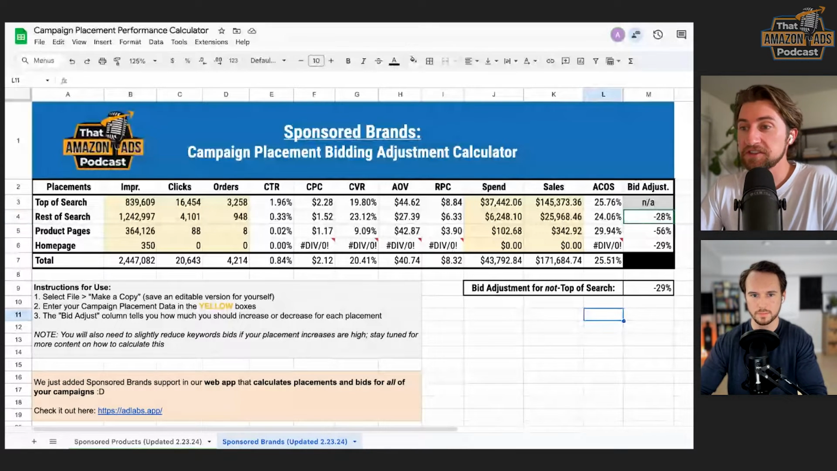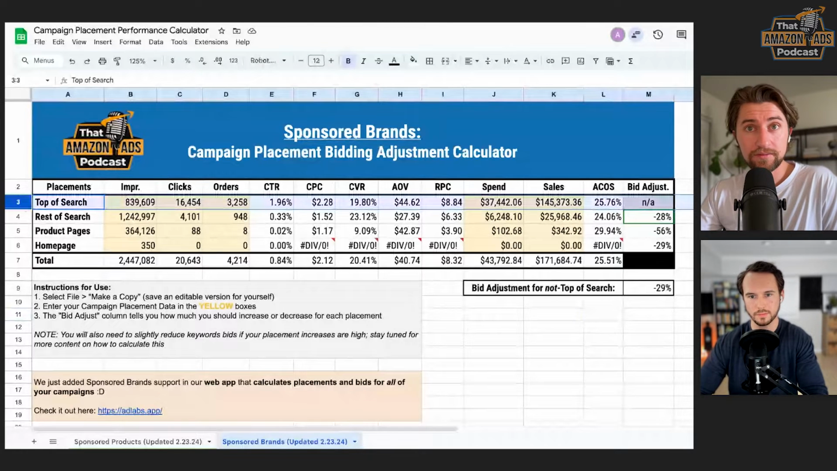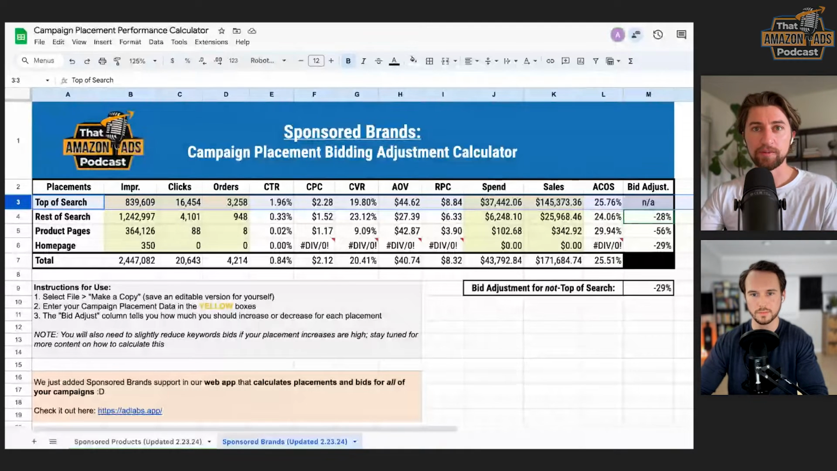But if there's the scenario in which placements are higher, then we'll be increasing there. Now, for top of search specifically, you cannot make any changes or modifiers here. It's locked in at whatever the keyword bid is by default. So the placement modifier, like that whole campaign placement modifier thing that we attach to all of our campaigns,